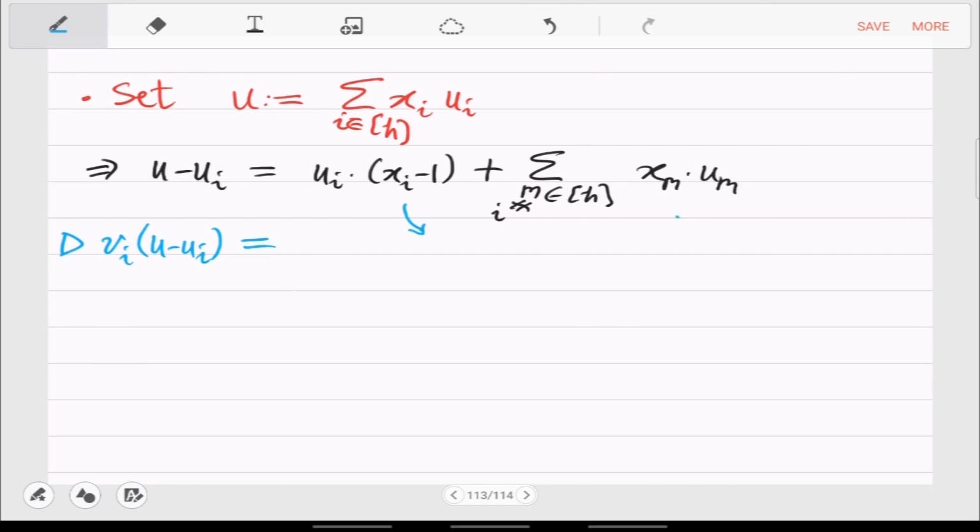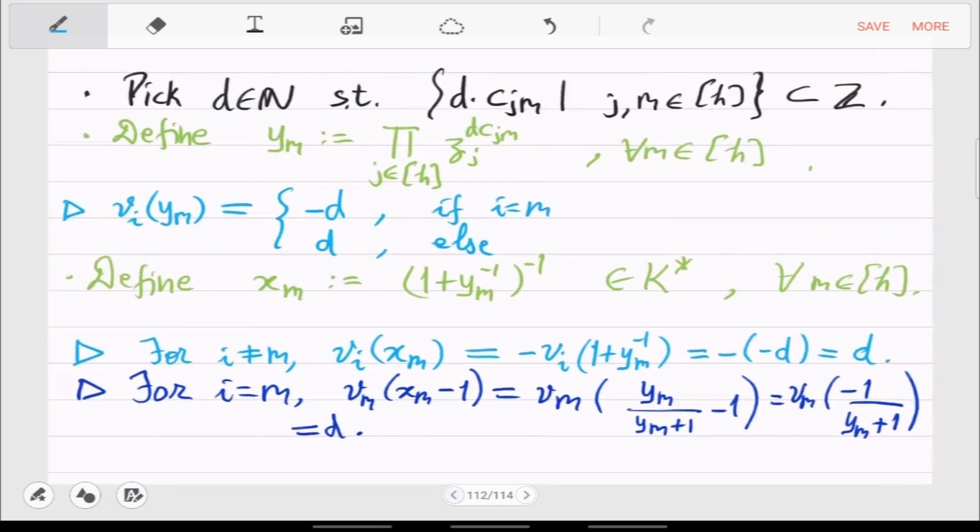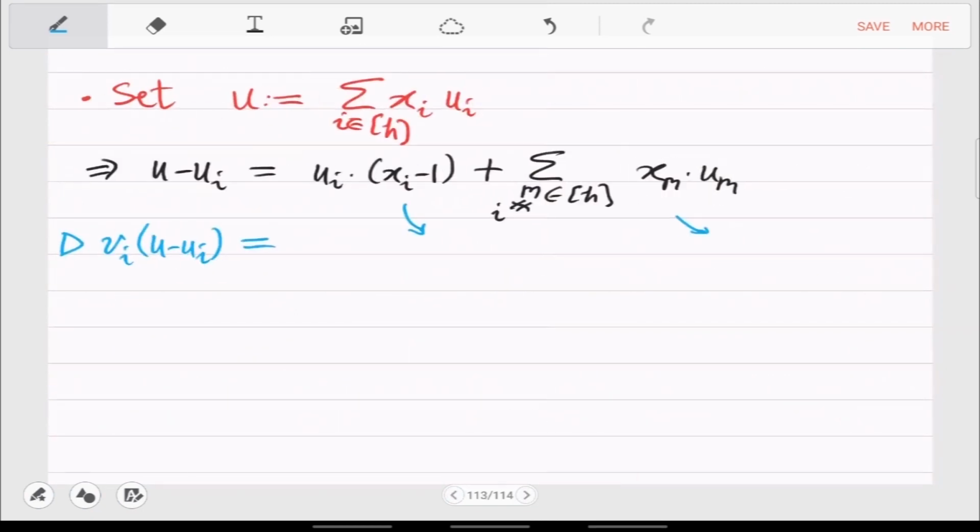So let's check Vi of xi minus 1, we have evaluated already. So that is d, or d plus Vi of ui,